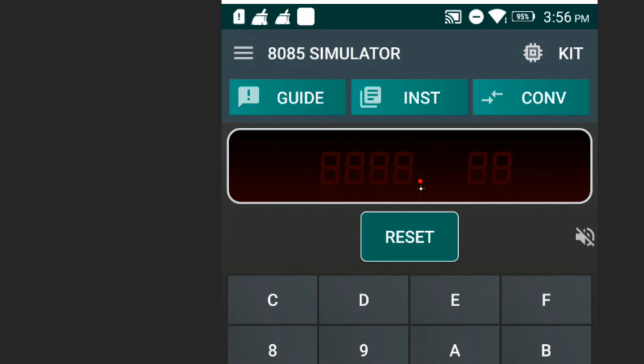This dot indicates that whatever you enter will be placed in this field. This is called the address field of the display, where you will have the 16-bit address. And this is called the data field of the display, where you will have the 8-bit data.